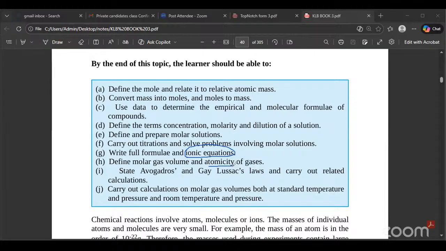This one is very interesting. Actually, this one is very interesting. So we are still going back to what I think somebody had asked about. We have standard temperature and pressure and room temperature and pressure. So STP and RTP, but this one now is what we call the molar gas volumes. The volumes at that particular temperature and pressure will be different depending. I hope